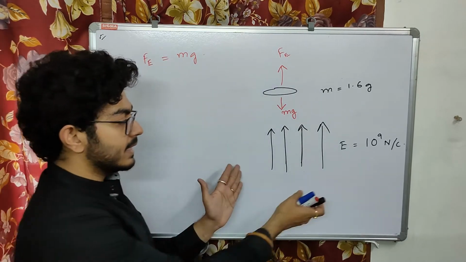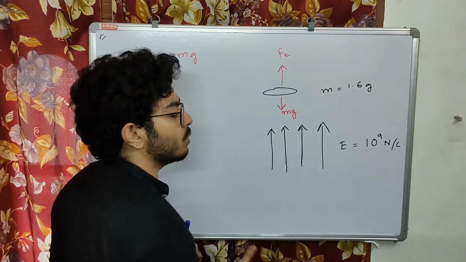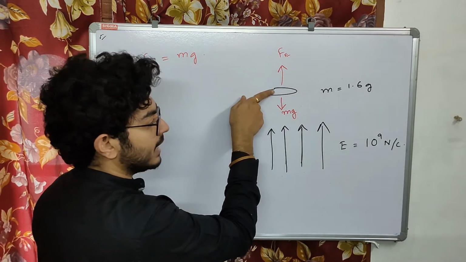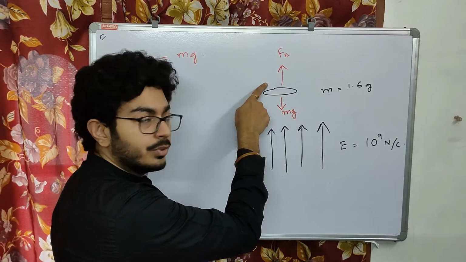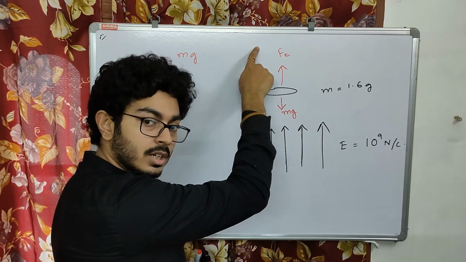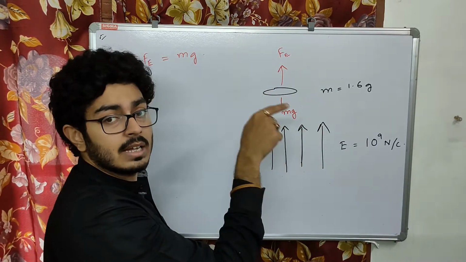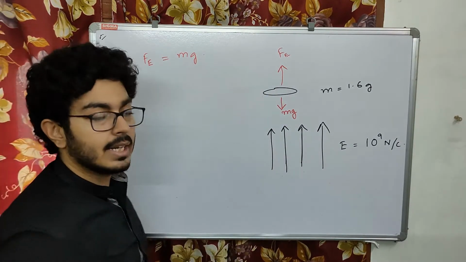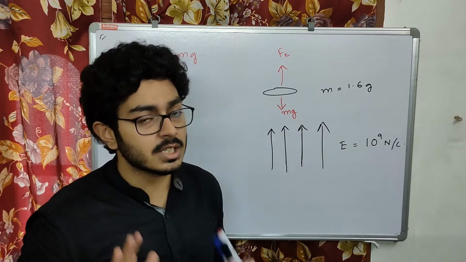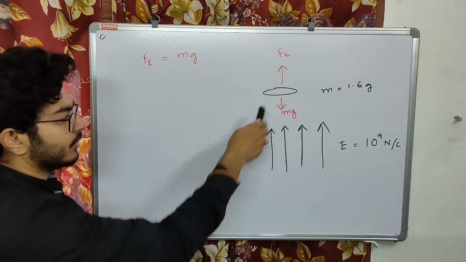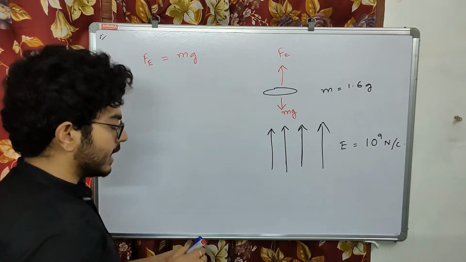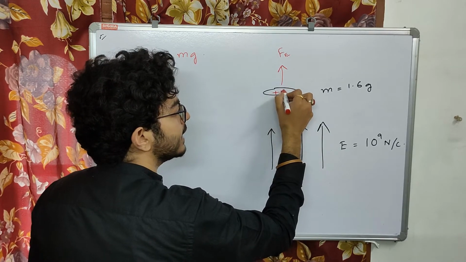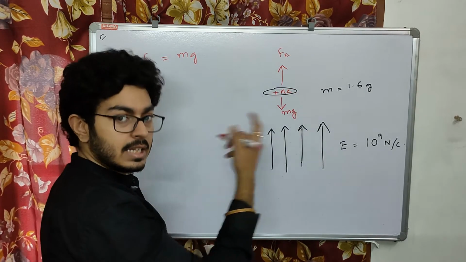There is an electric field, that means just imagine there is a large amount of charge beneath. That is why the electric field is directed upward. So if it has positive charge, then the electrostatic force will be in the upward direction. If it had negative charge, then what would have happened? This coin would have been attracted in the downward direction. So this is clear to everyone. So let us consider I have taken out n electrons. If I have taken out n electrons, then how much charge has it gained? It has gained positive charge Ne.